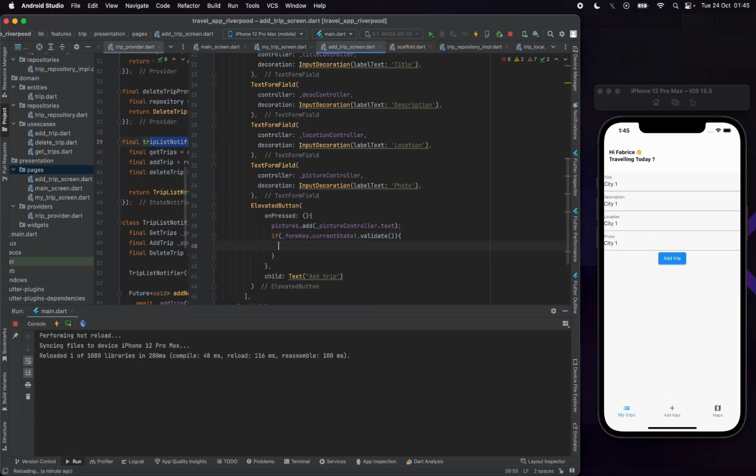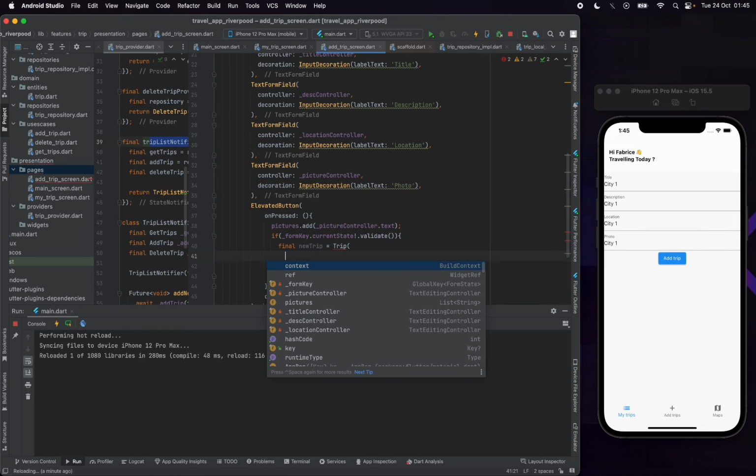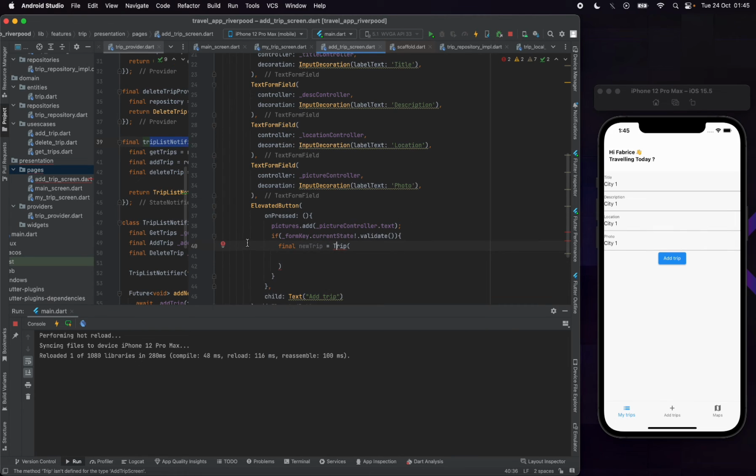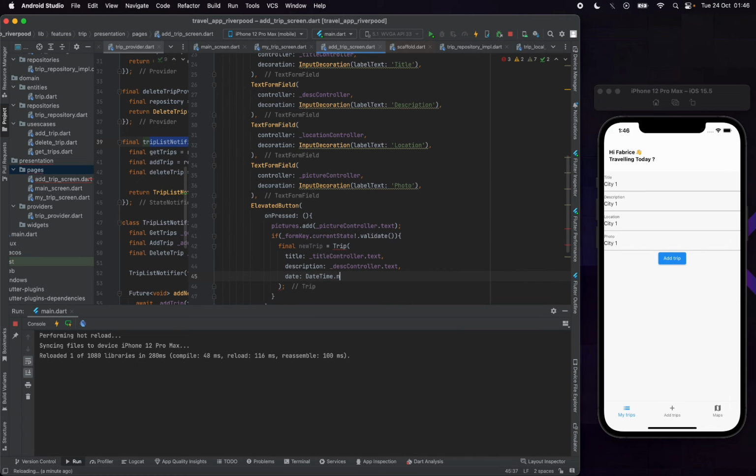If yes, let's create the date. We are going to just use the current date for now, but now for location